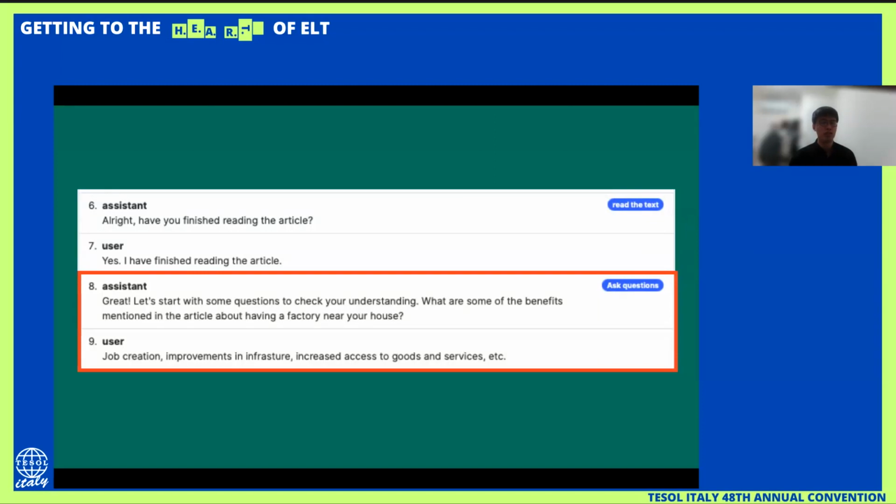So the student just responds with job creation, improvements in infrastructure, increased access to goods and services, etc. So in here, the student does understand the questions from the assistant, the chatbot, and also responds with certain answers matching the questions.